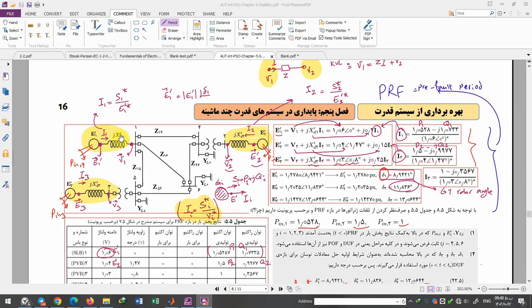E1 prime is equal to V1 as a terminal voltage plus jXd1 prime times I1. So V1, V2, V3 are the terminal voltages of each generator, for example bus number 1, bus number 3, bus number 2,